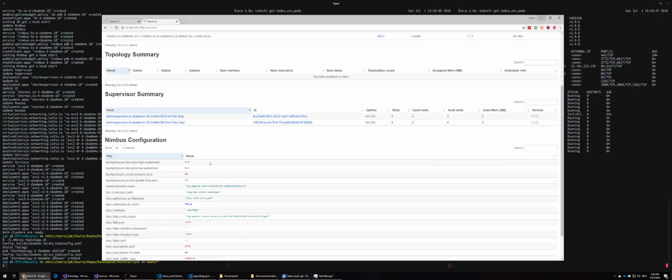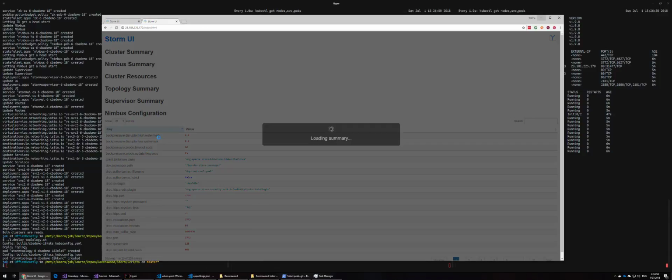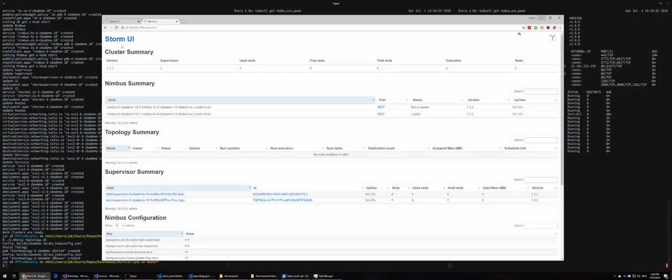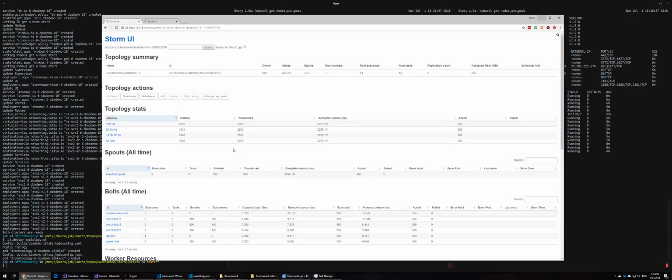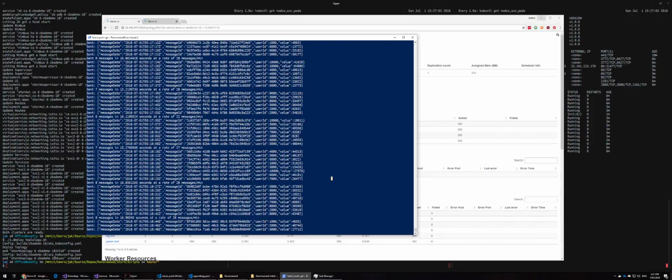Now with the pod in there, we'll go back to the Storm UI here. This looks to be the Melbourne version of it, and there's no topologies running there. If we switch across to the Sydney version, we should see it running topology, and see here's the topology here, and we can see that it's actually processing events. I've got an event generator here that's firing events off one every couple of seconds into a pipe,